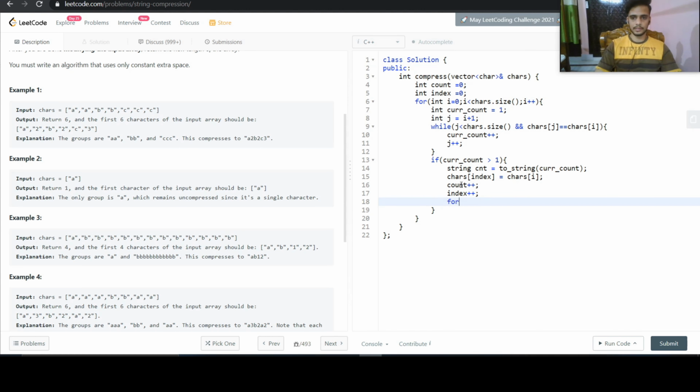After that we will do a for loop, for char ch in our count string. We will have chars of index plus plus equal to ch, and then also count plus plus.